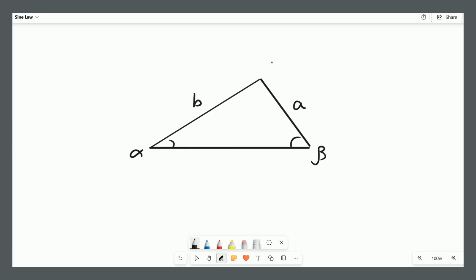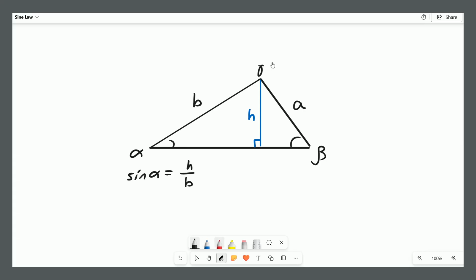Well, the final angle here, let's call that gamma, we can draw a line which goes from the point at gamma and is perpendicular to the line segment connecting points alpha and beta, and let's call the length of that line h. Well, we can write that the sine of alpha equals h over b,